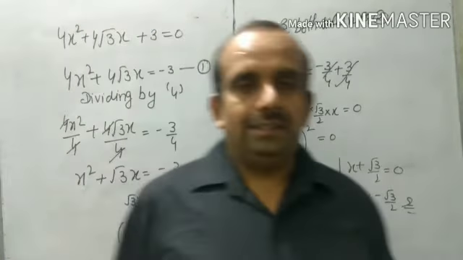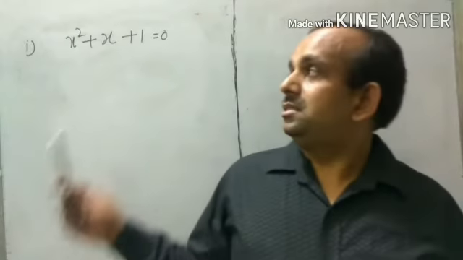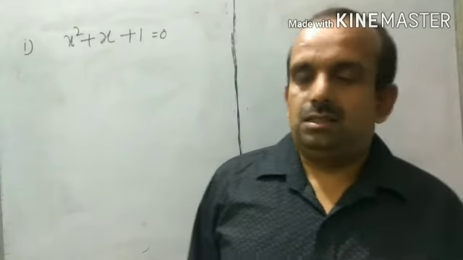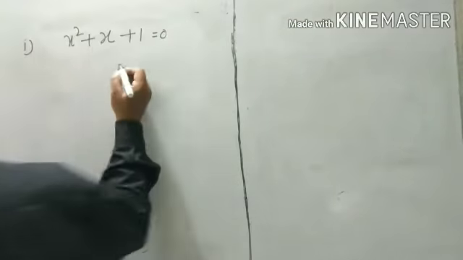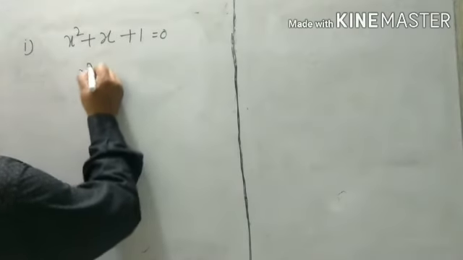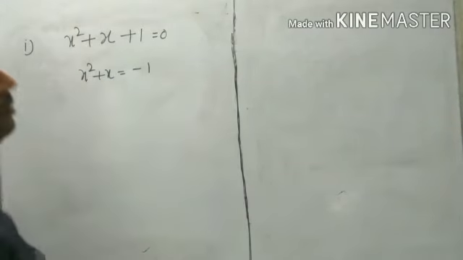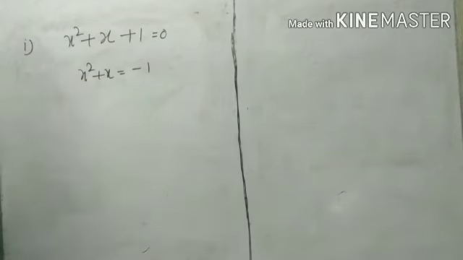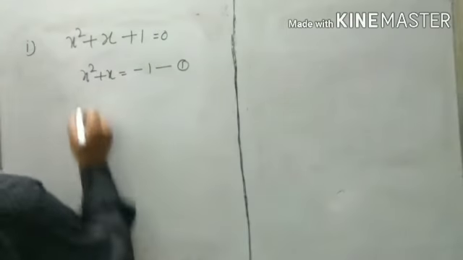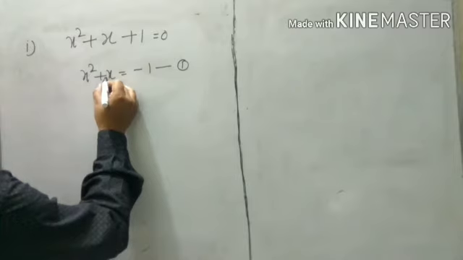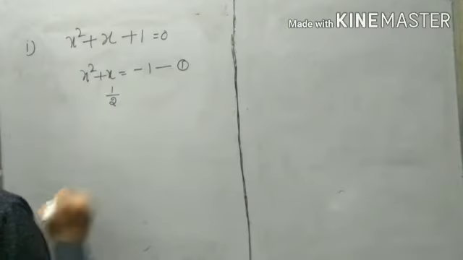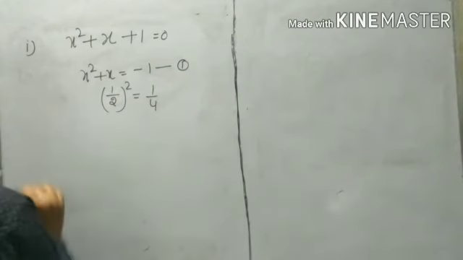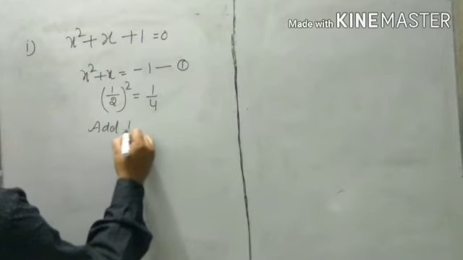Let us see by an example, my dear students. Now students, this is the quadratic equation which we have to solve by the completing the square method. Let us apply our method on it. Our first step will be to transfer the constant to this side, minus 1. Then the x square coefficient is already 1, so no need to divide. We will skip this step here. Now we will take the coefficient of x, which is 1, and divide it by 2. Now square it, it will be 1 by 4. Add 1 by 4 on both sides.